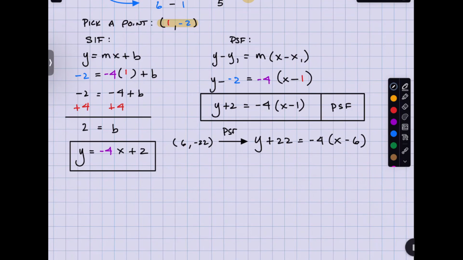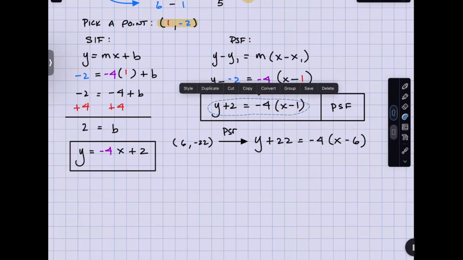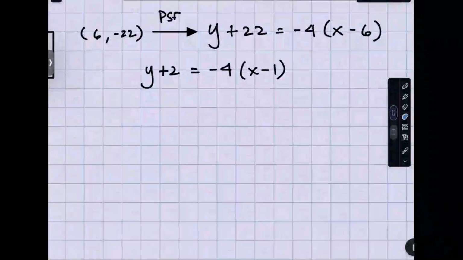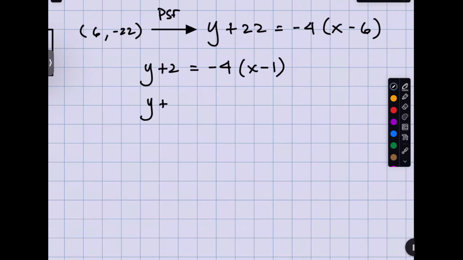All right, so let's continue on with this one right here, and let's finish this off to find the equation of the line. If I was to do that, then what I would have is y plus 2. I got to distribute because of order of operations. I have to actually multiply before I add or subtract. I get negative 4x plus 4. So y is equal to what? Negative 4x plus,